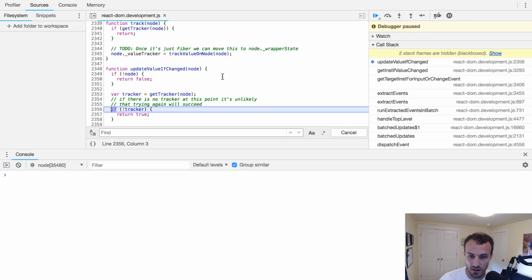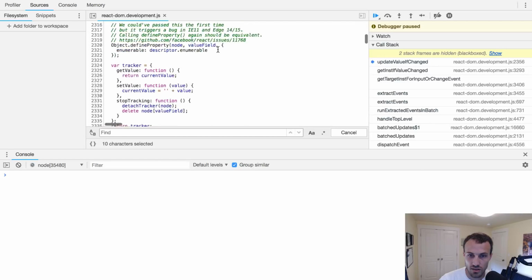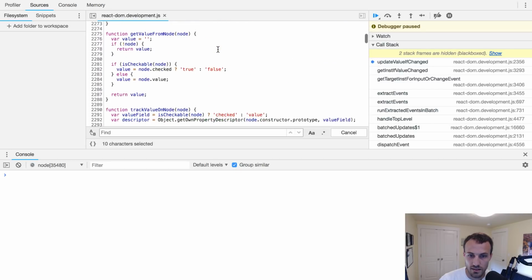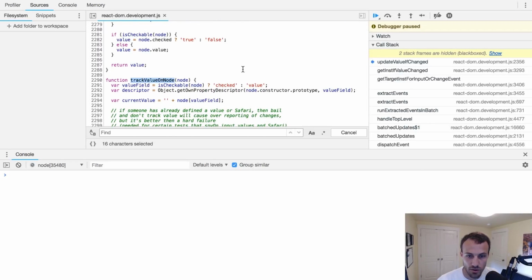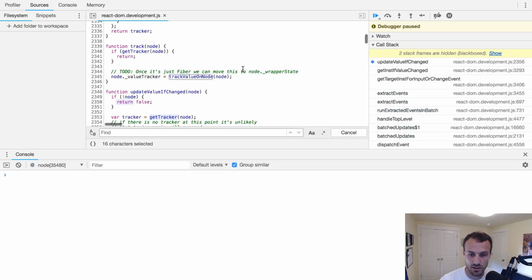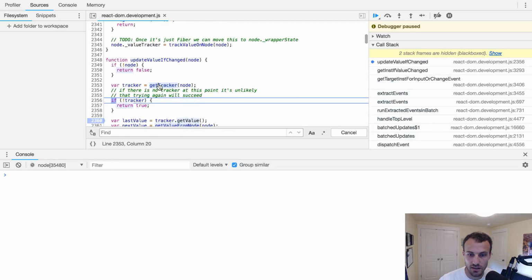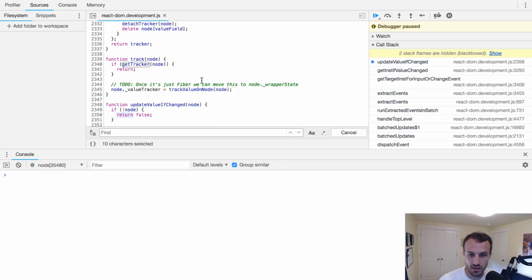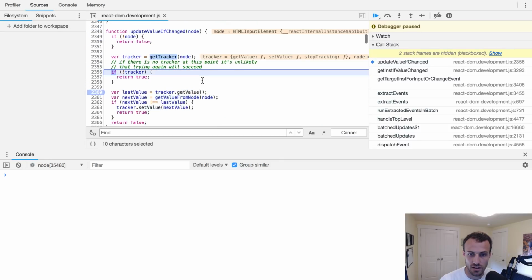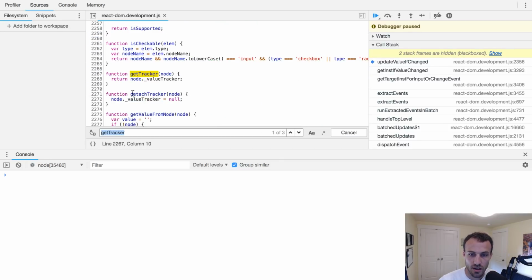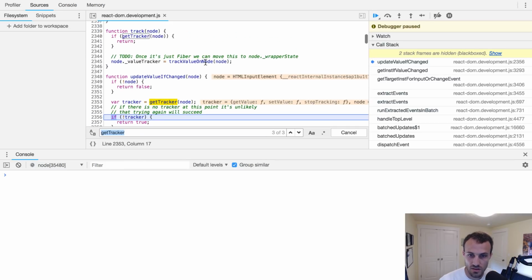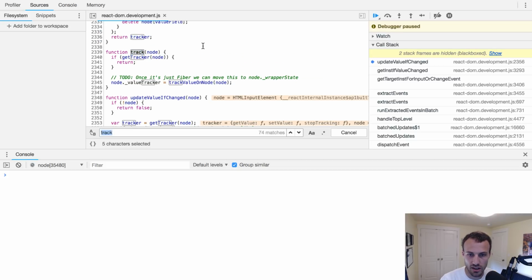Now we're going to get this tracker thing. So let's go get tracker. This is coming from track value on node. So here, let's find where that get tracker is actually. That's fine. Sorry, I'm jumping around a little bit. Get tracker just gets the value tracker off of the node. The value tracker is set right here when we call track, and I'm pretty sure track is being called